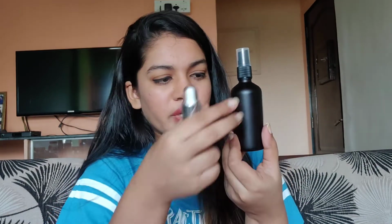I know my label looks a little weird. I actually don't know why. It was a mess up on my part, I'm pretty sure, because when I got it, it did not look like this. But it doesn't really matter because the product inside is great, which is why I've used up all of this. It's a great toner if you want to introduce yourself to niacinamide